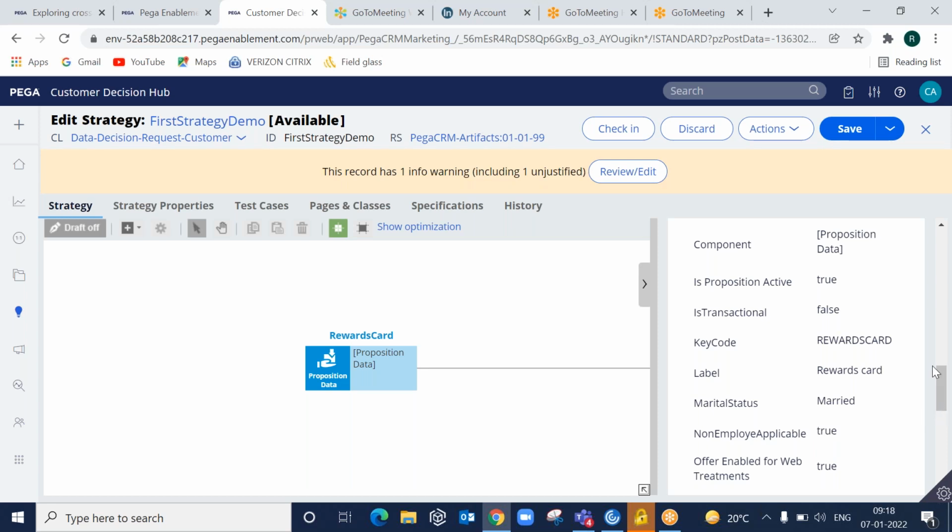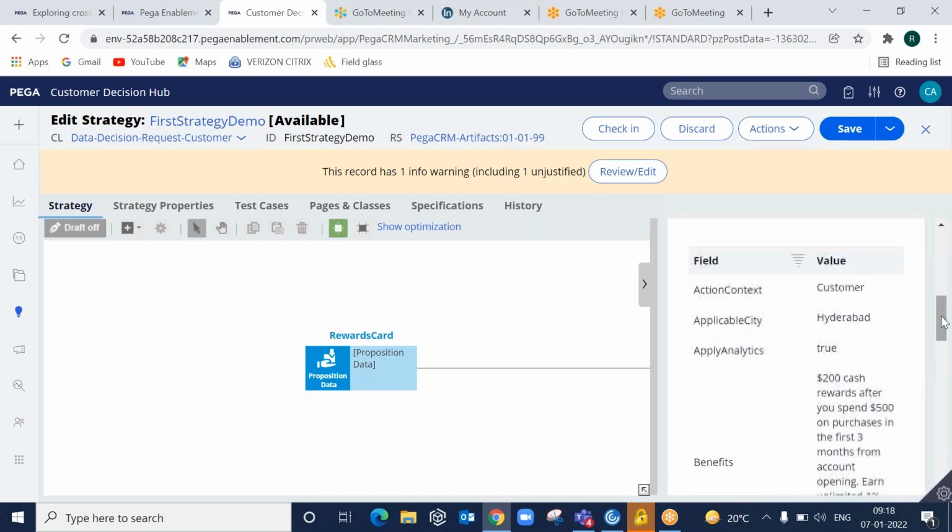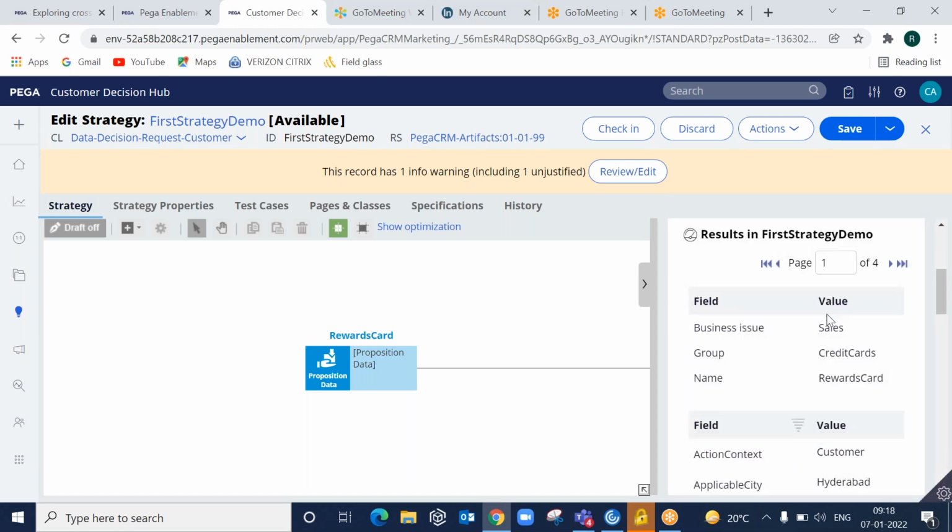So this way, if you want to get custom properties in the strategy results, you need to make sure they are added in the form tab. Definitely they should be present in the form tab, then only you will get them in the strategy results. Any questions on this, or is it clear?